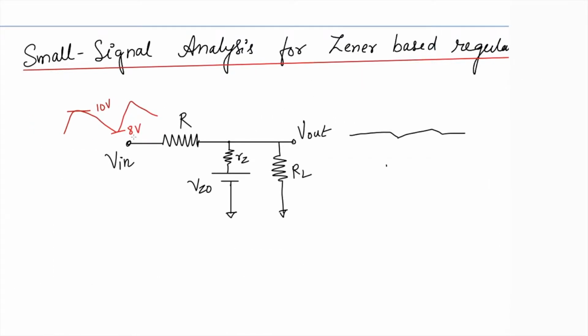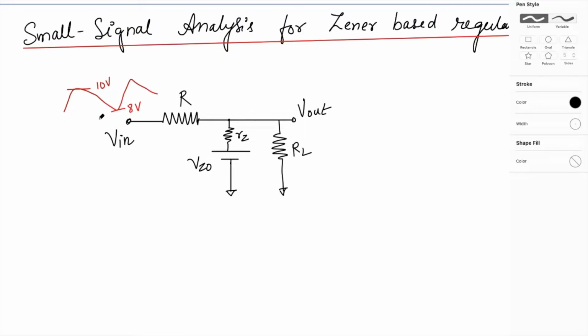Here we want to treat this like a small signal, and we want to do the analysis. So when we are doing the small signal analysis, we have to be a little careful with the notations. So this V in, you can see here, I can split into two components: one is the AC time varying component and the other the DC. So what I mean is, if I have some signal like this, which is varying from 10 volt to 8 volt,